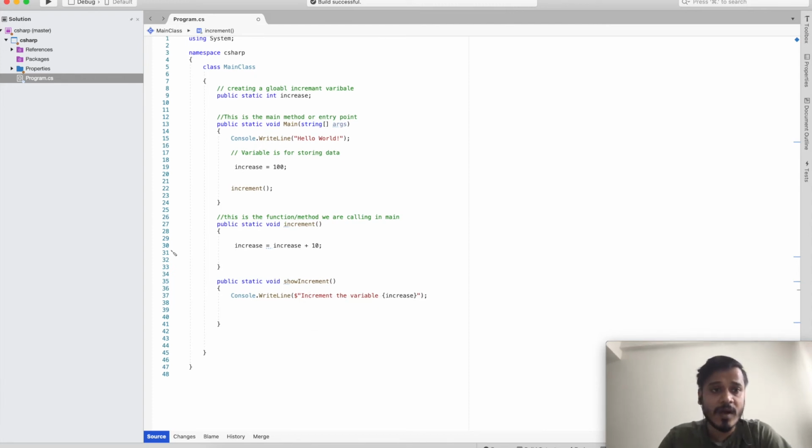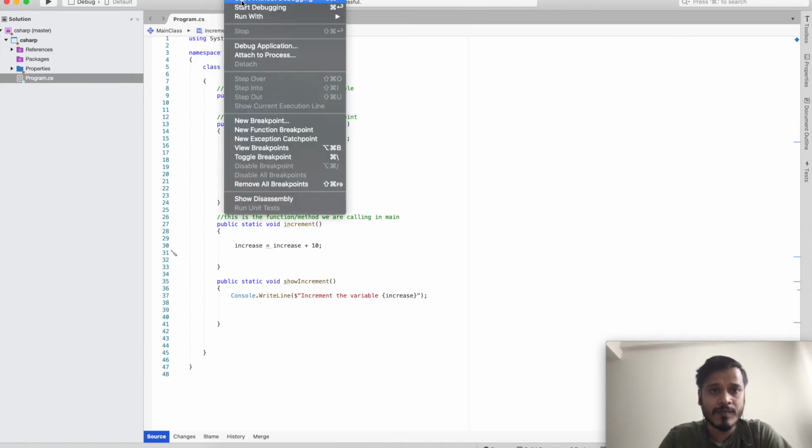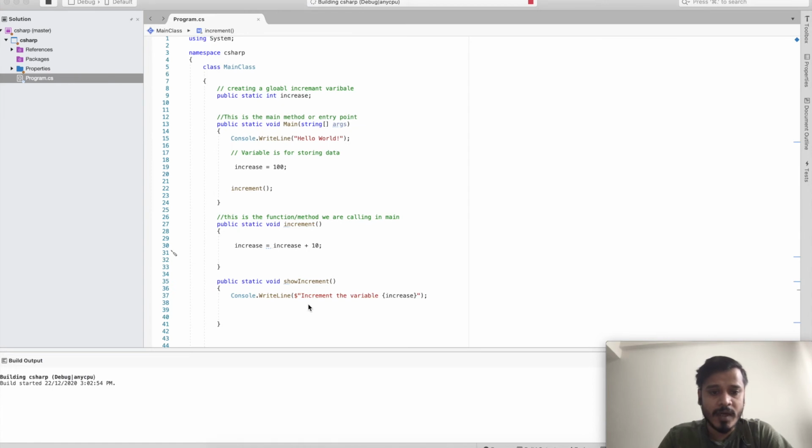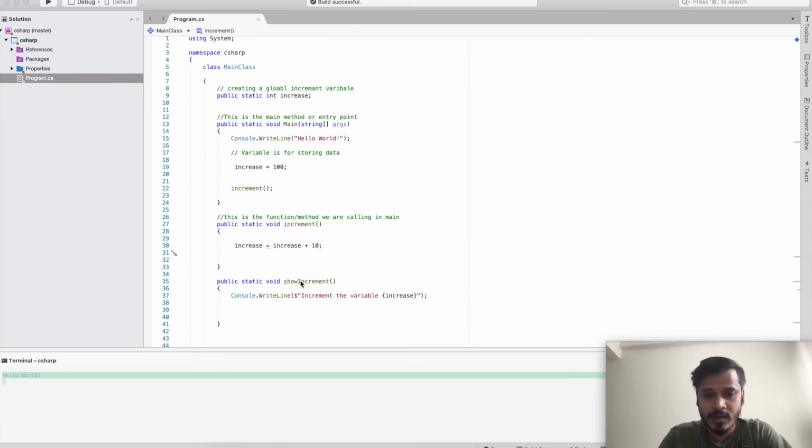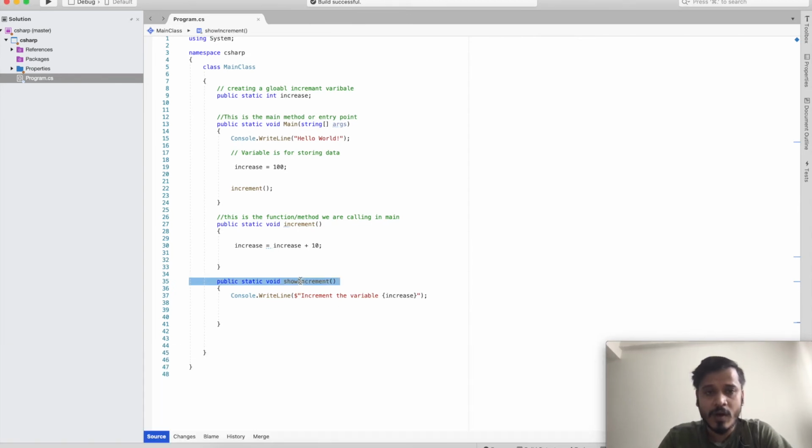Now if I run this, we are not going to get any value. So let's see what we are getting right now. We are still getting hello world, because this method we haven't called in the main function.